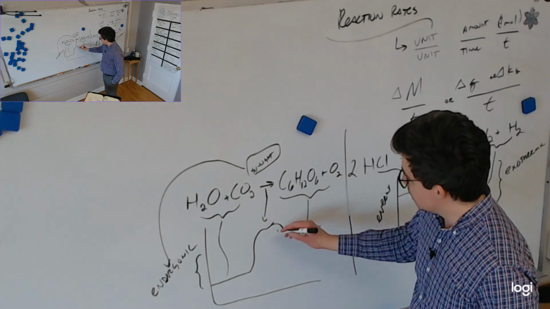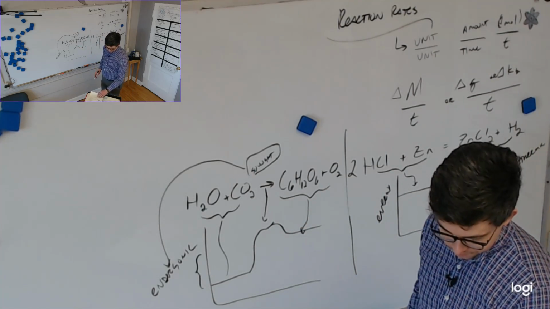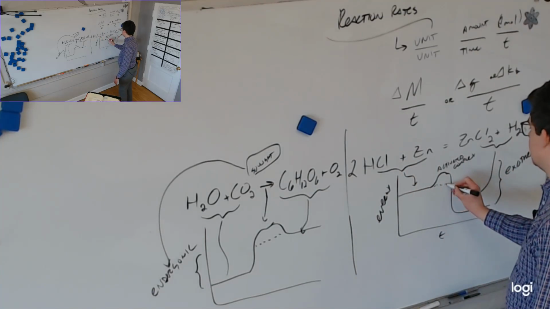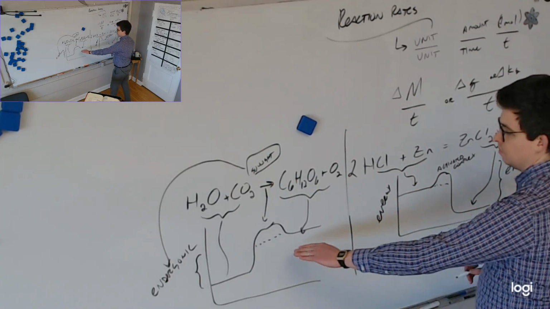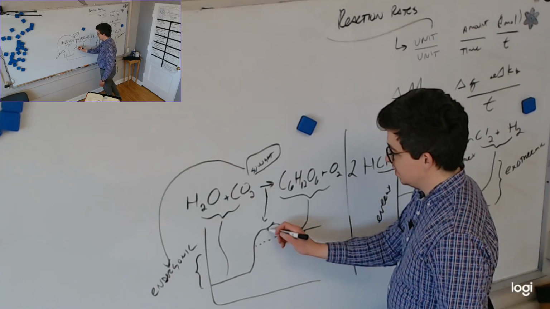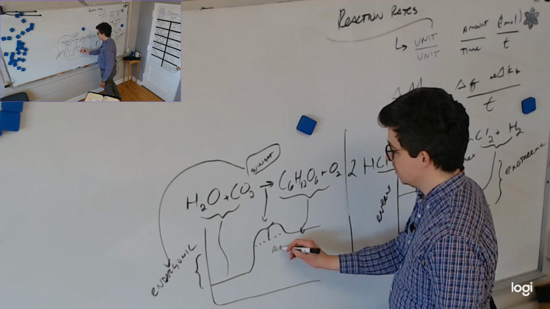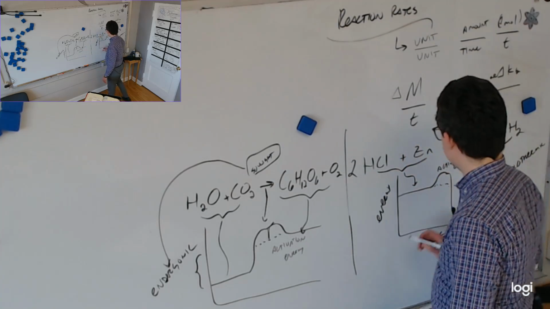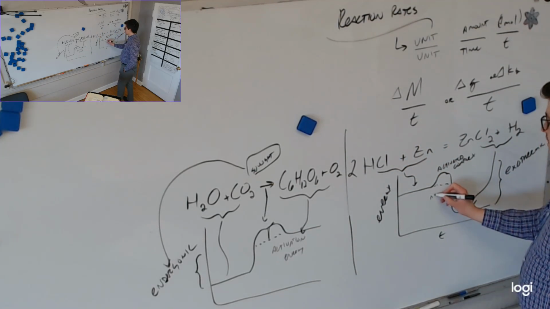So once again, this little thing here is the activated complex. Oh, and sorry, before you ask your question, the difference between the products or reactants and the activated complexes, this amount is important, and it's called the activation energy. So this can't occur without that much energy, and this can't occur without that much energy. And the reason